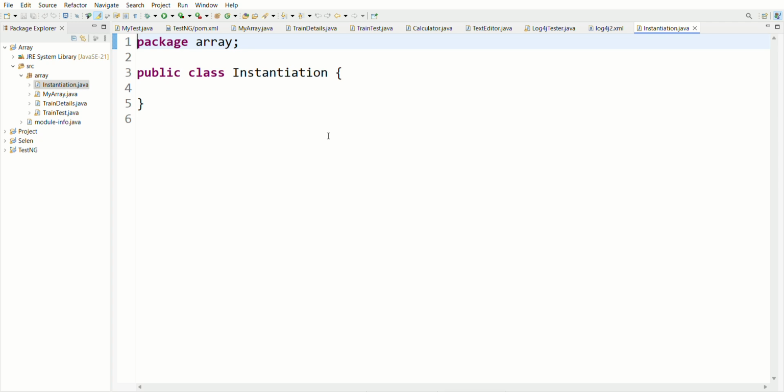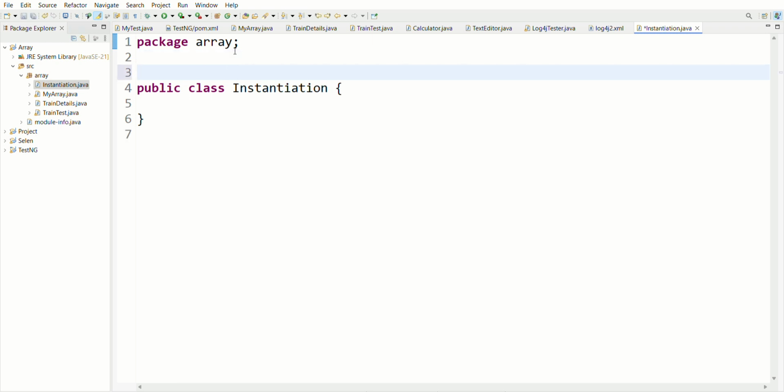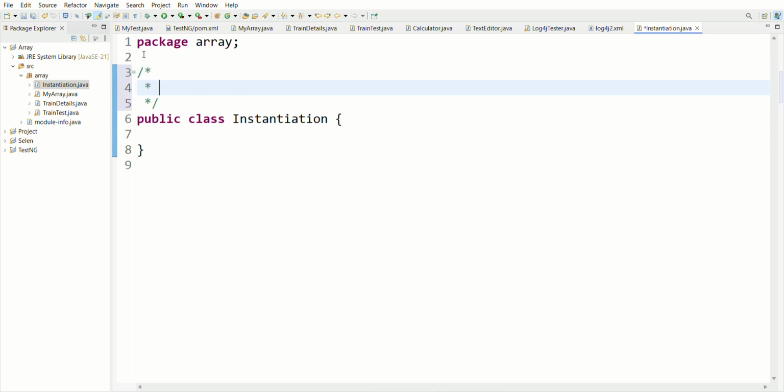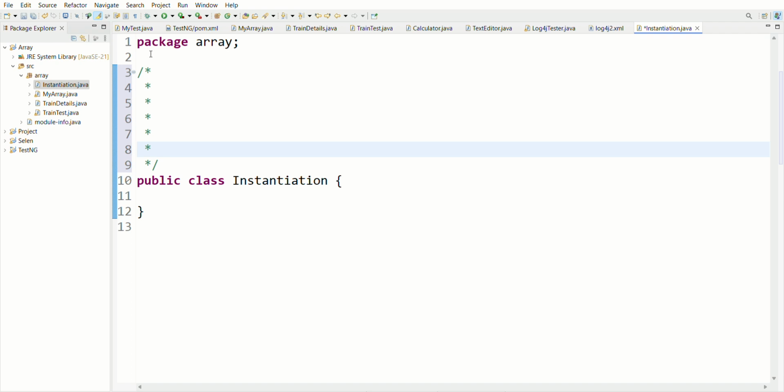In this video, we will start about static and instance, how static and instance work, what the behavior is and what the execution flow is. So let me start from static.